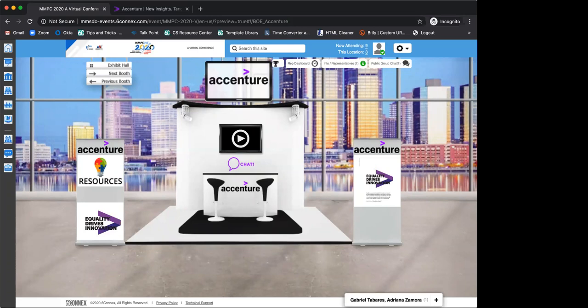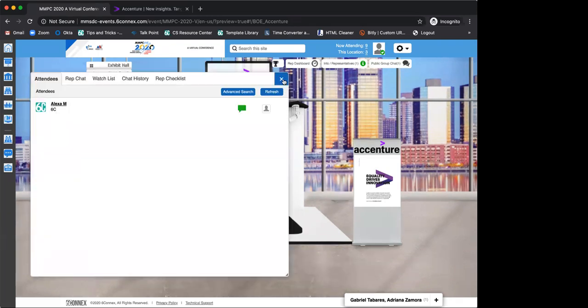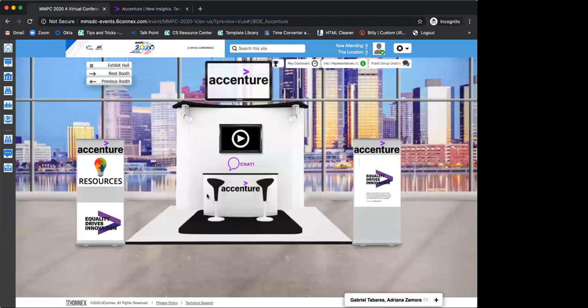All right, Adriana, I see somebody asking to demo the visitor experience. Can you demo what the visitor experience will look like when they click on the different components of the booth? I know you went through that, so I don't know if someone missed that earlier. The components, as in the rep dashboard, you click here at the top, or are they referring to the videos and resources and everything that is in here? I'm not sure. I think all the videos and stuff are not active right now. Some of the things are still not ready.